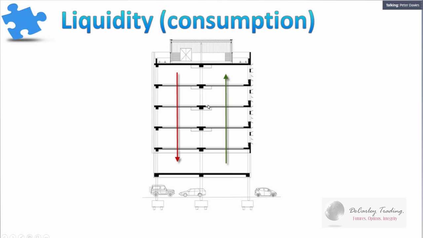And liquidity is simply the availability of the other side to trade with. So if you want to buy, you need a seller to sell to you. And the market itself doesn't sell you shares or contracts. It just matches buyers with sellers. So when you trade, you're either providing or consuming liquidity depending on your order type. So if you buy at the market, then you buy from a liquidity provider on the sell side, which is somebody with a sell limit order. And if you sell at the market, you sell to a liquidity provider on the buy side, a buy limit order. So liquidity is limit orders, it's bids and offers,